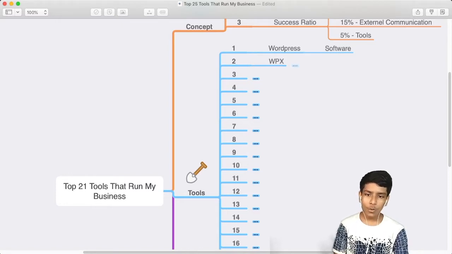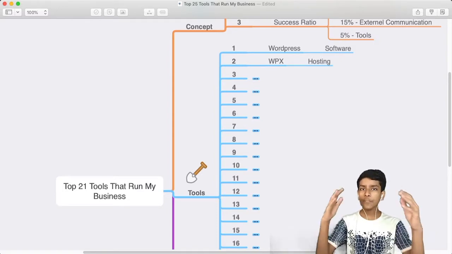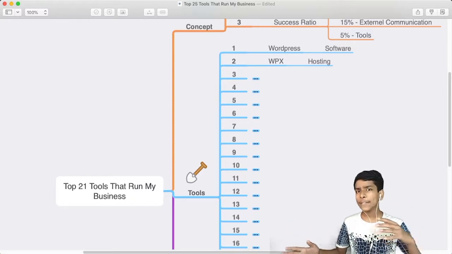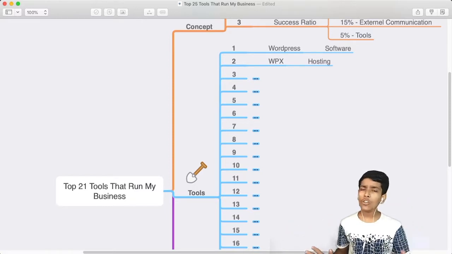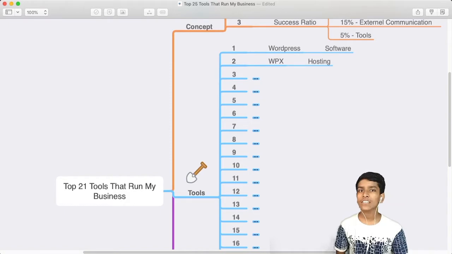So let's come to the second tool. The second tool is WPX. WPX is a hosting provider which gives you the hosting. I have been using it since 2020, no, 2021. This hosting is very fast. My website is literally a full upload, like one page of my site is around 5 to 6 MB, and for downloading 5 to 6 MB the hosting should be very fast.